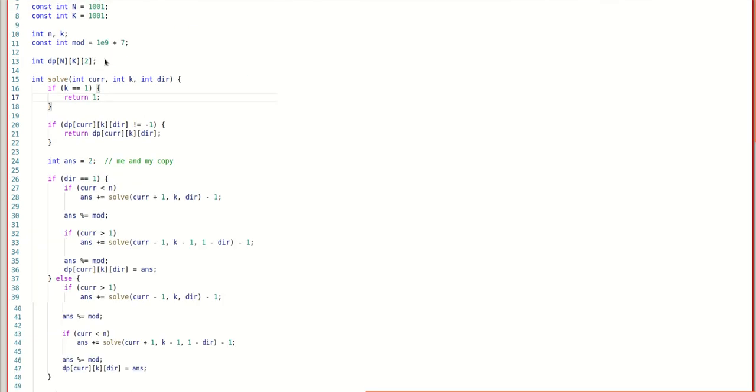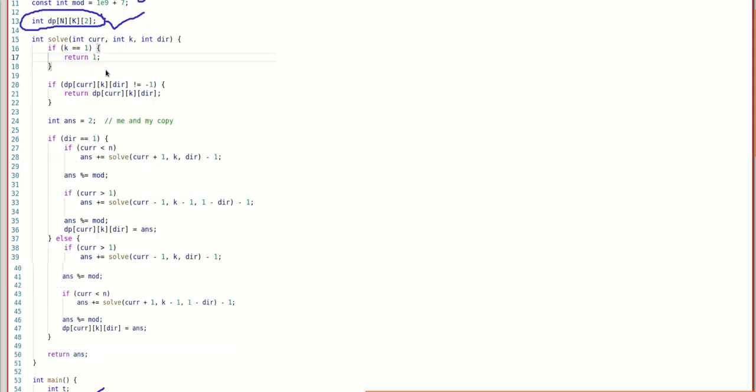And one more thing is that I am already taking the maximum value as n thousand, so that we can assign a global array, because as you know the total storage here would be n into k into 2, so n and k both are near 1000, so 1000 into 1000, 10 to the power 6, so it would be a good thing to assign it globally. Also that way we will not pass it here, so we are assigning it globally, and we have also defined mod globally, so that we can use that.